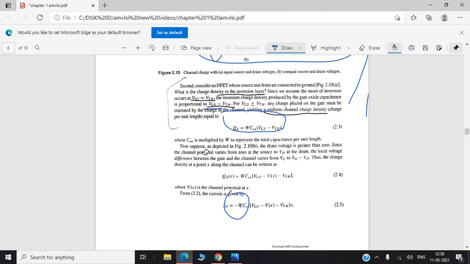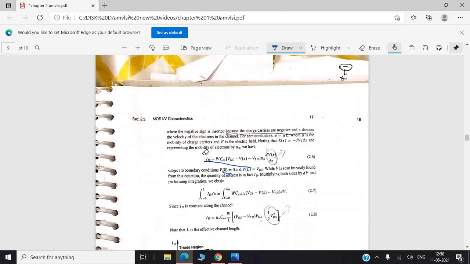Okay, so now we got QD. So what will we do with QD? QD we will just go ahead and substitute in I. So I will be equal to QD into V. That is, QD is minus WCOX into (VGS minus Vx minus VTH) into V. Now we need again what is V. So V is given by